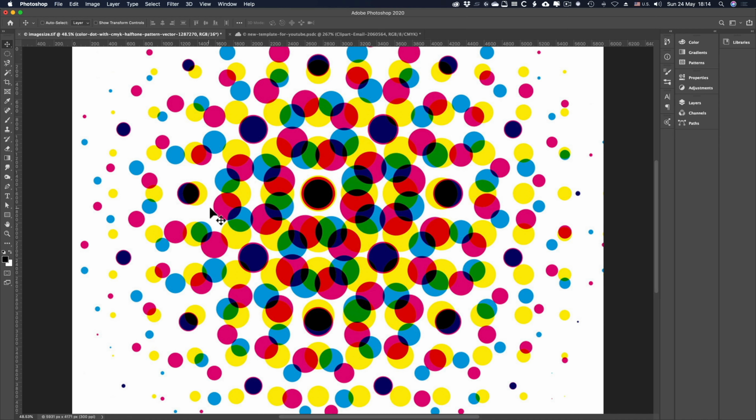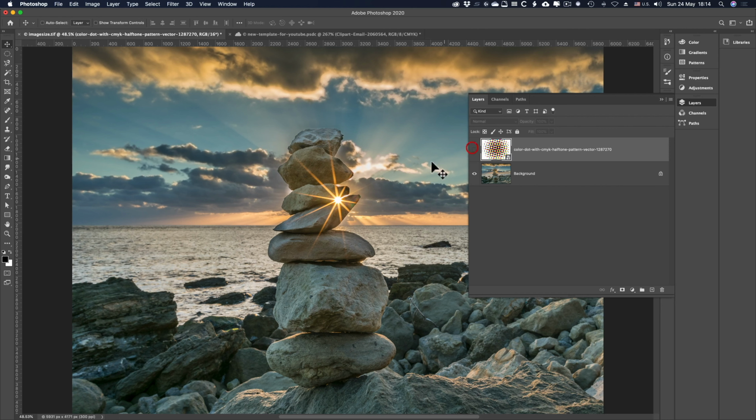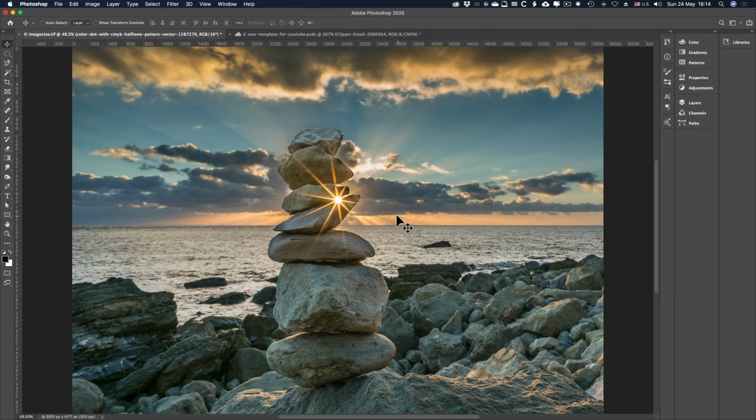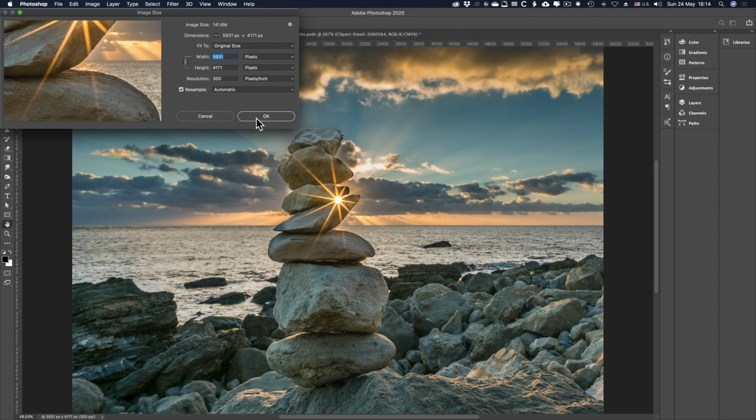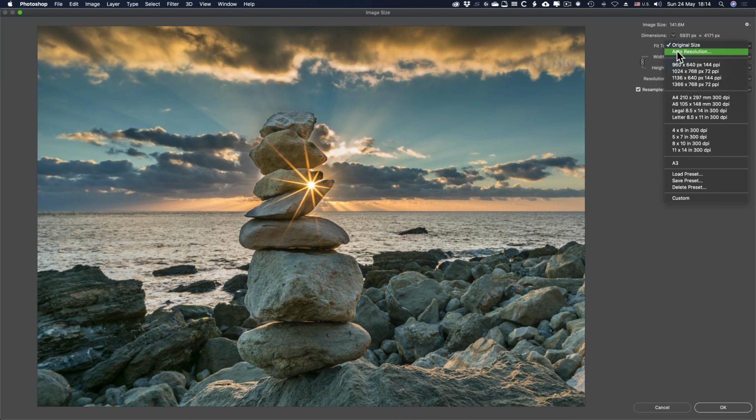So 150 lines per inch, which is seen as a very good standard, is often what we print photographs at in the commercial pre-press world. So let's get rid of that layer by turning it off. F7 to lose the layers panel. Alt Option, Command Control I. When you click OK, it will remember everything you've done, including the size of this. So I've got to click on that to make it full size again, and then zoom back down. So Auto Resolution,